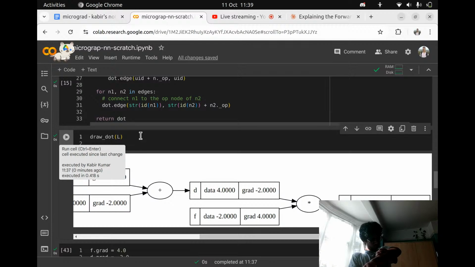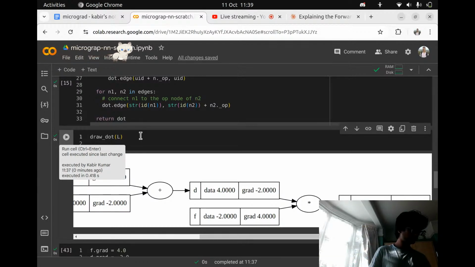Now we're getting to the crux of backpropagation. So this will be the most important node to